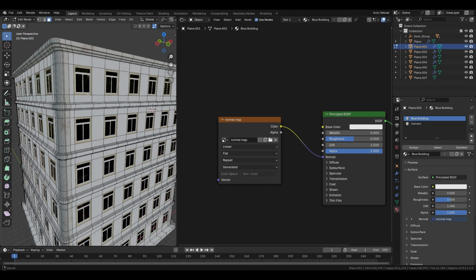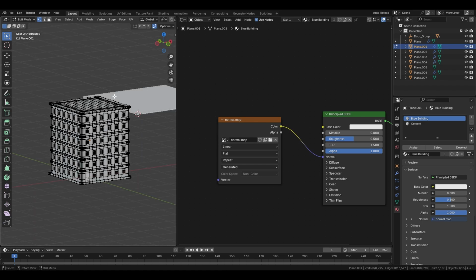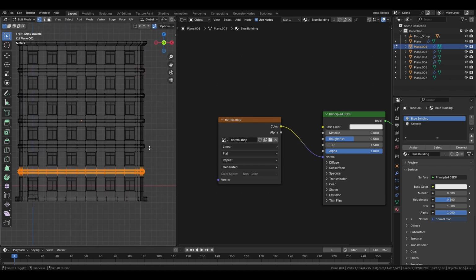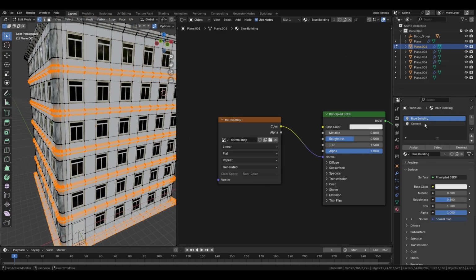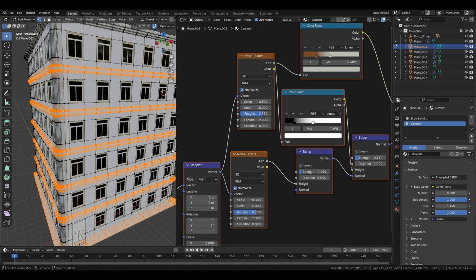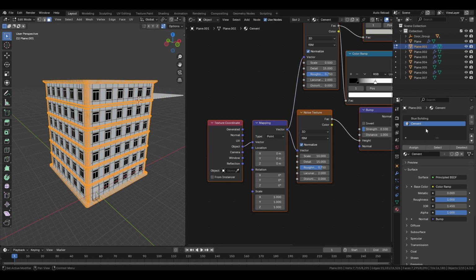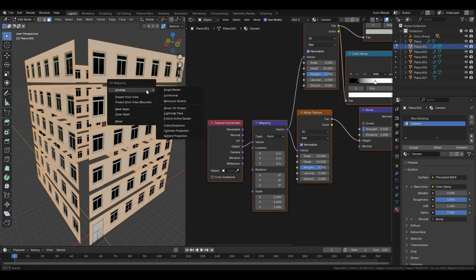And there is another thing I have to do. For these faces also I need cement material. So in front view wireframe mode, I'm going to select these faces here, and this one also. After successfully selecting these faces, I'm going to select the cement material and click assign to assign it. After that in edit mode, by selecting that cement material, click select, it will select all those faces assigned to the cement material. Press H to hide it, then select everything, press U, UV unwrap, and then minimal stretch will